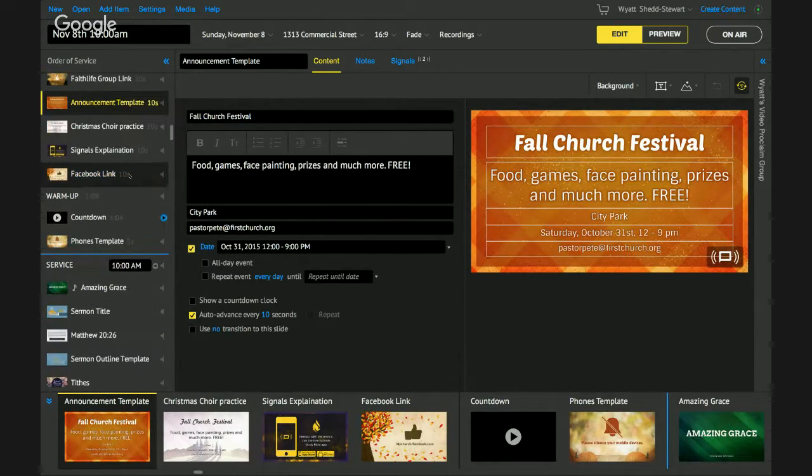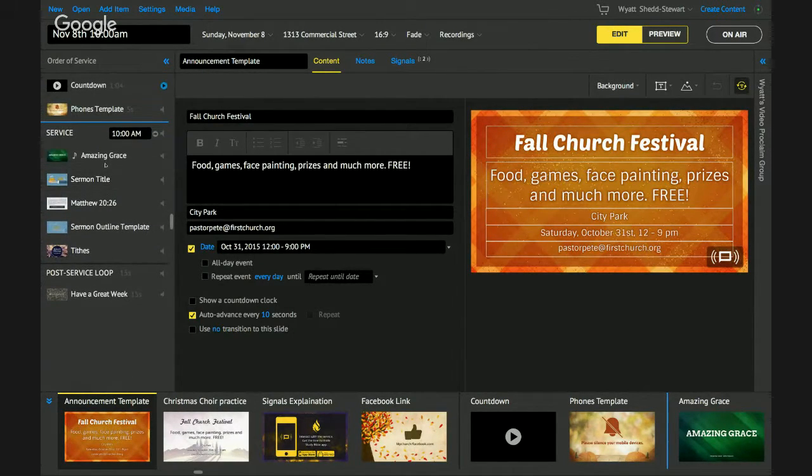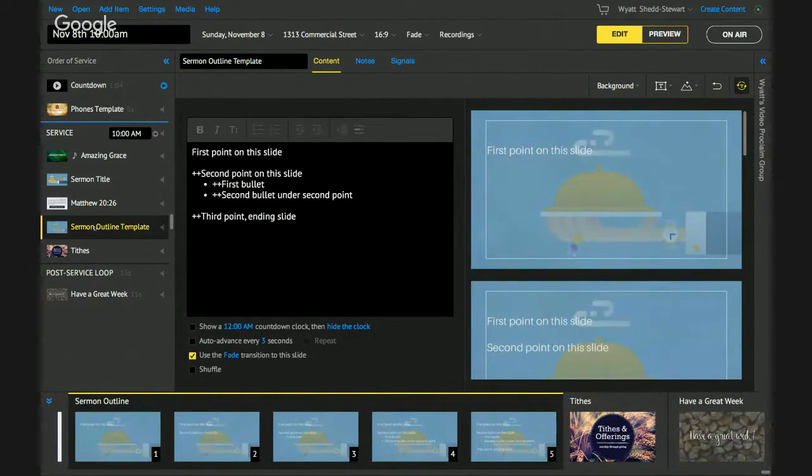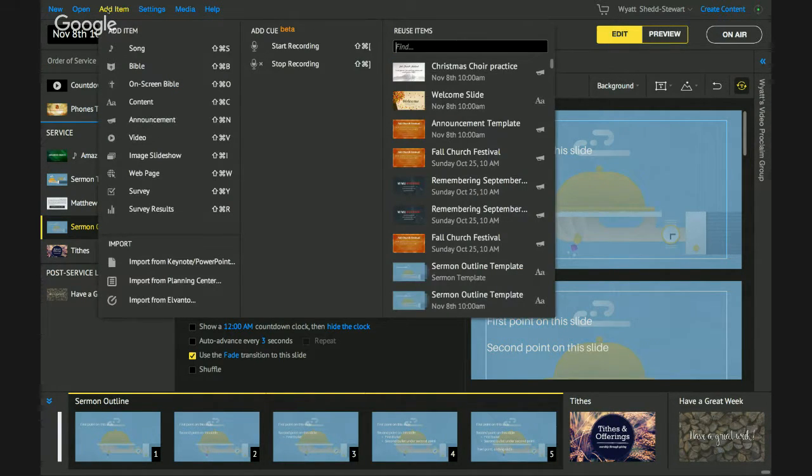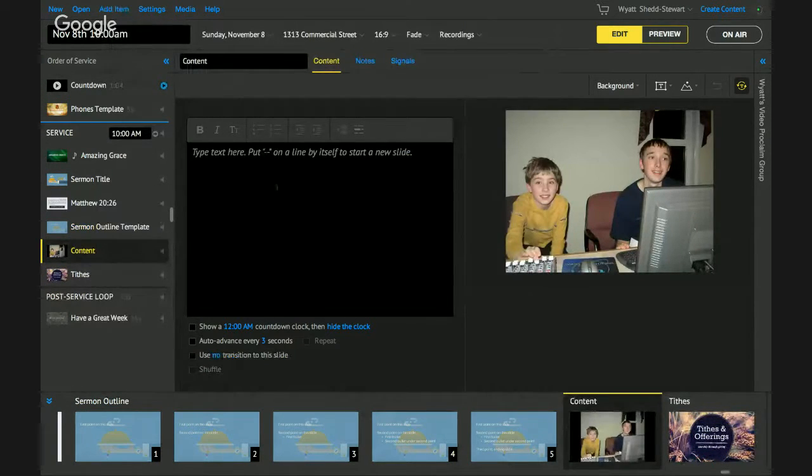Now that we've done that, let's go ahead and chat about how we are able to set up some customized, reusable templates for items within Proclaim. So here we have a content item. This is a pretty basic way that you can just put in a lot of text on a content item. You can make changes. But depending on the needs of the church, you might have something else that you're looking for. And so let's go ahead and click Add Item, choose Content, and let's chat a little bit about basics